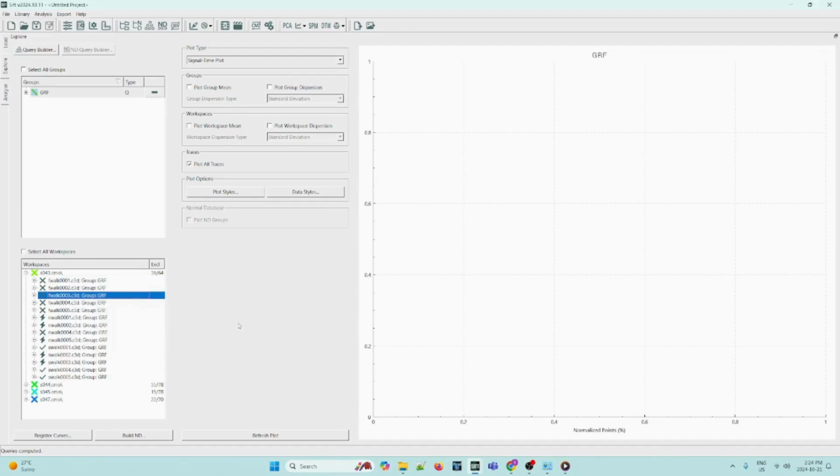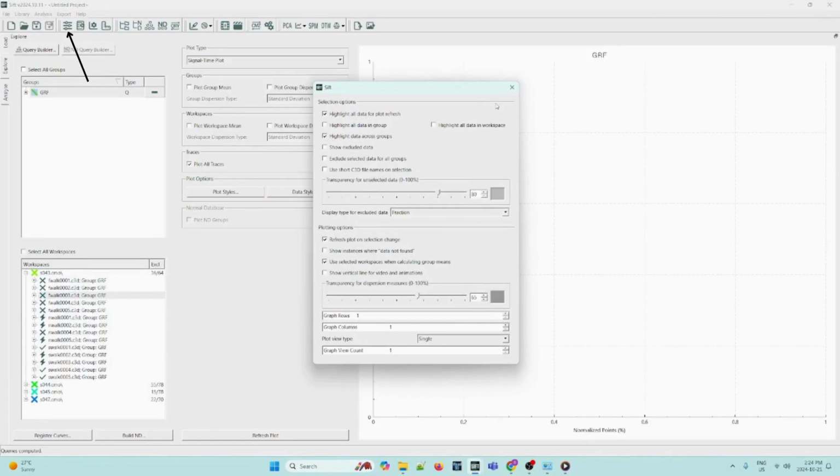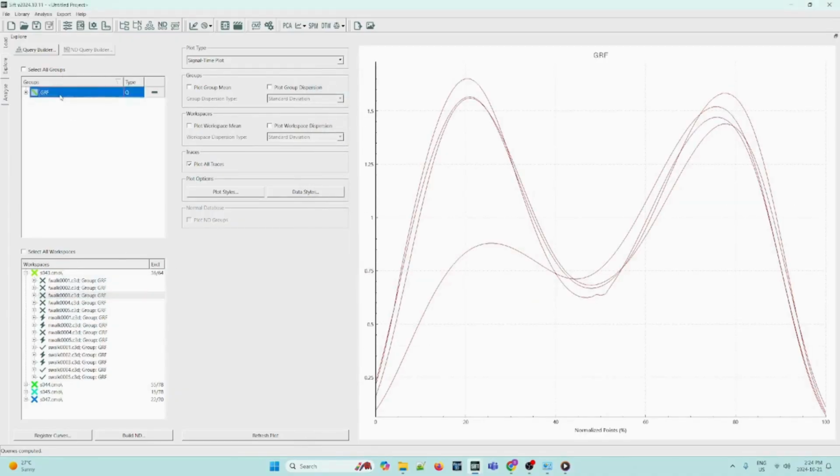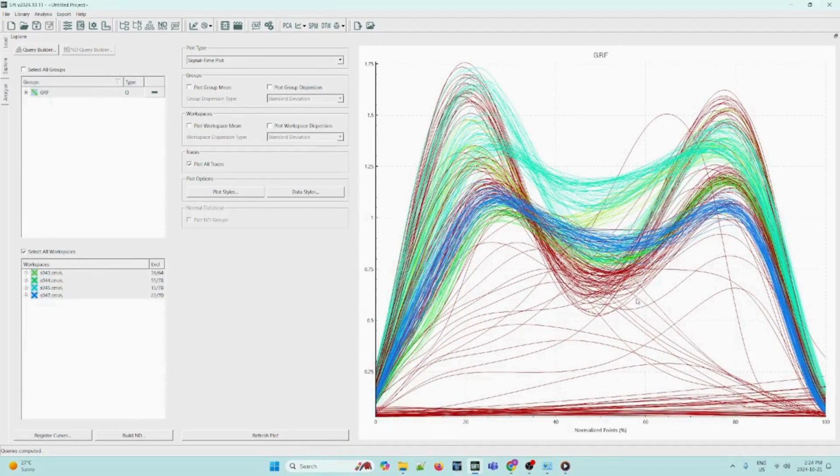If you want to visualize the data you have excluded alongside the remaining data, we can go to the General Options dialog on the upper taskbar and then select Show Excluded Data and the Use Specific Styles for Excluded Data option. Now we can unselect this and refresh the plot with all the workspaces, and as we can see, the excluded trials are included within our plot, except in red color, so we know which ones are.